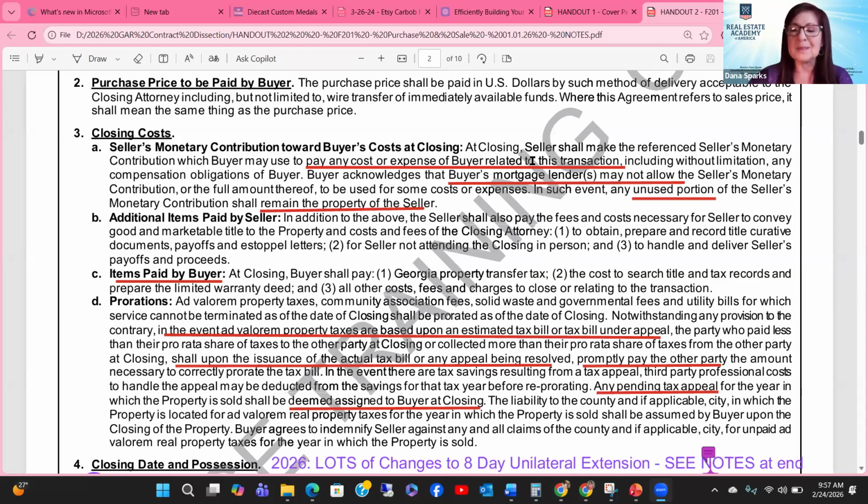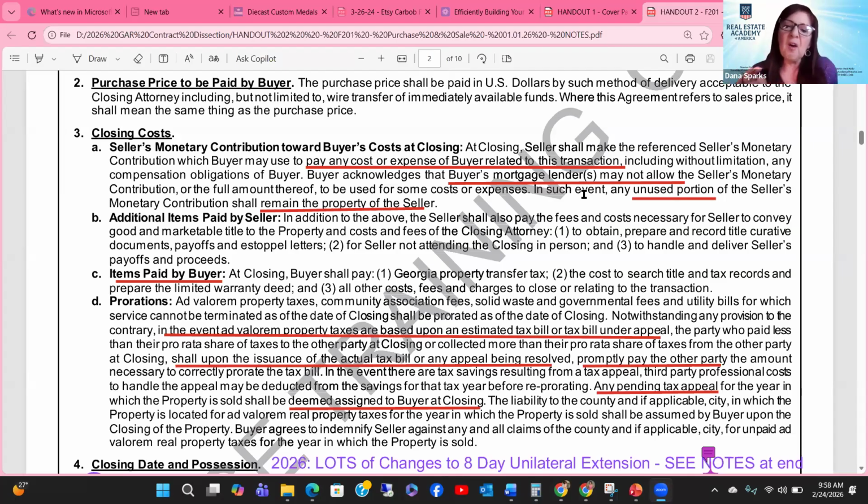Pay any cost or expense buyer related to this transaction. But I'm emphasizing this point that the buyer's mortgage lender may or may not allow. So this can be used towards a buyer's commission obligations to their broker, and that's spelled out here. It could be used towards a buyer's homeowner's insurance. It could be used towards a buyer's HOA fees. It could be used towards a buyer's buy down. It could be used towards any cash to close, just a general buyer credit that a buyer needs, but the